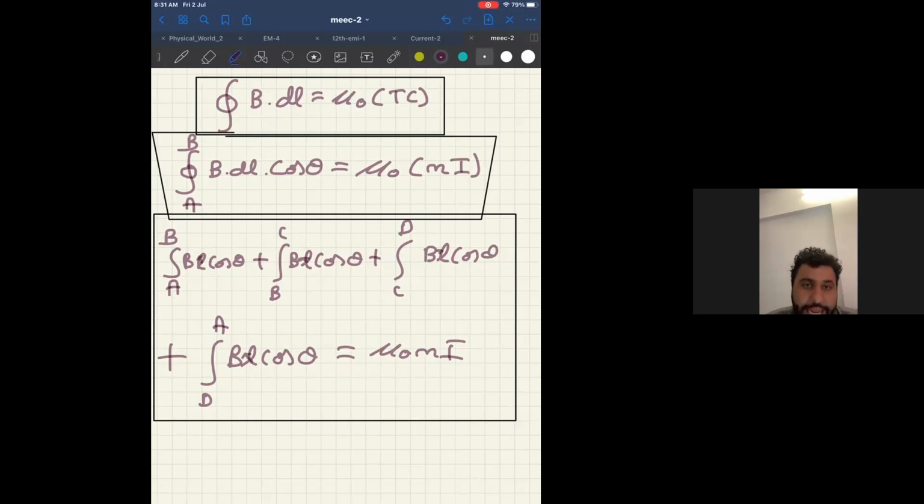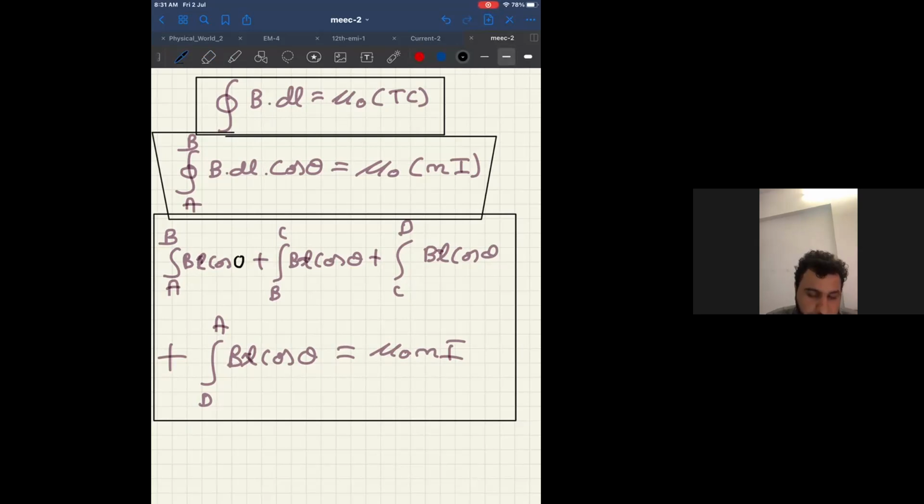Now tell me, AB, what is the angle it makes with the axis? See the line AB and tell me what angle does it make with the axis. Can I say it is the axis itself? So it makes angle 0 degree. Please look at the screen now. Can I say this theta I can remove and I can write 0 because AB makes 0 degree with the